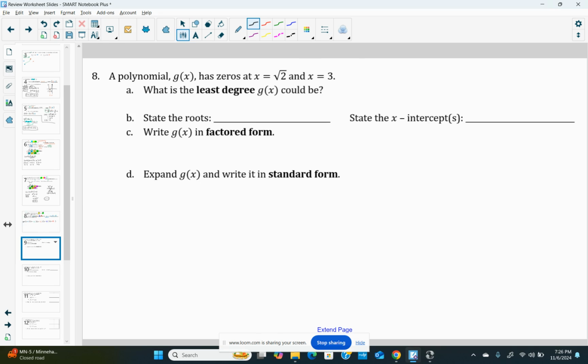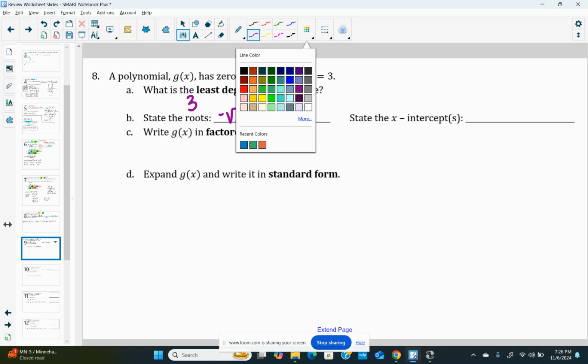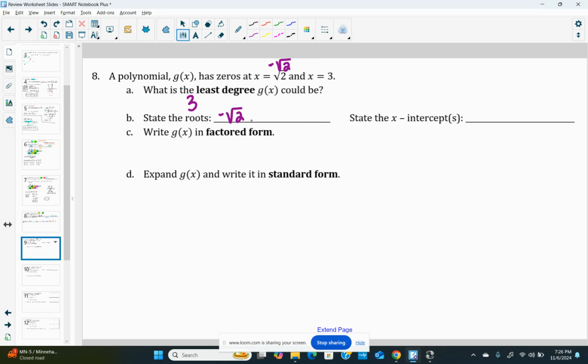Number 8 is basically the same thing. So here's a couple zeros. What's the least degree? So remember that square root 2 comes with a partner of negative square root 2, its conjugate. So then we can see that there are 3 solutions there. So the least degree is 3. Those roots would be negative square root 2, square root 2,